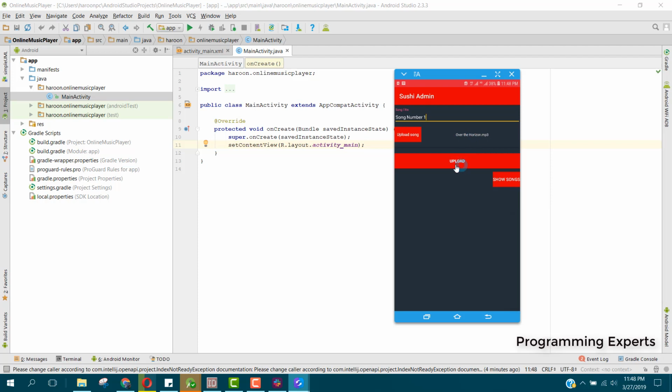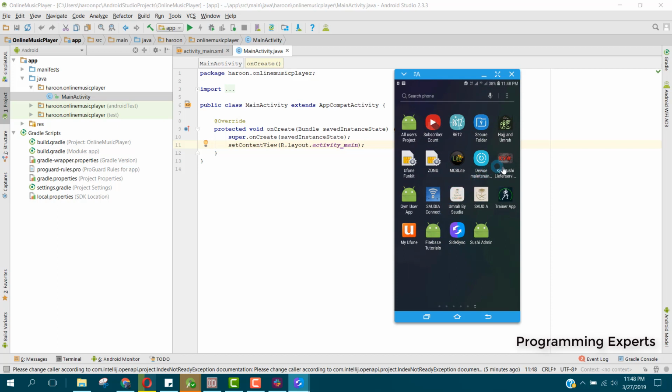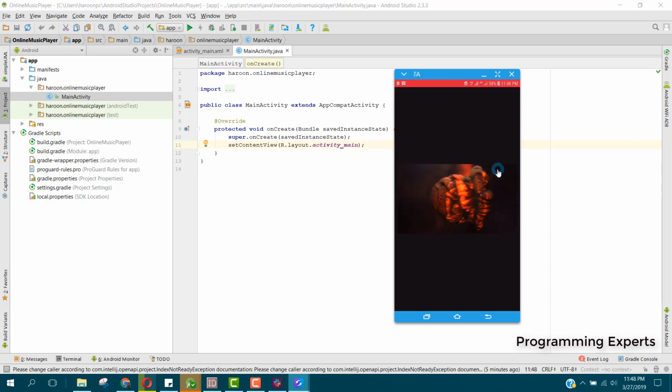And now if I click on upload, the song will be uploaded to the Firebase database. So let me click on upload, and there you can see upload, please wait. And this is the progress bar showing that it is uploading to the Firebase database and Firebase storage. So now you can see that the upload is successful. So now if I go back to my app,